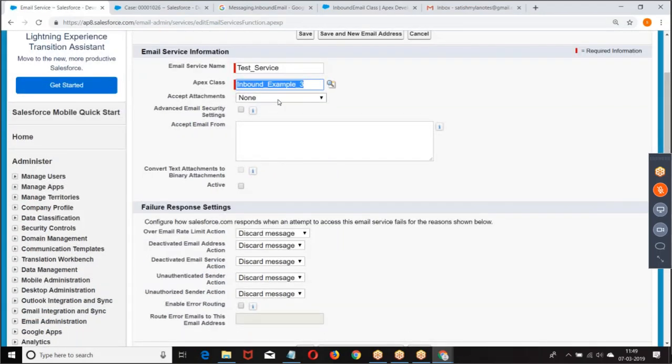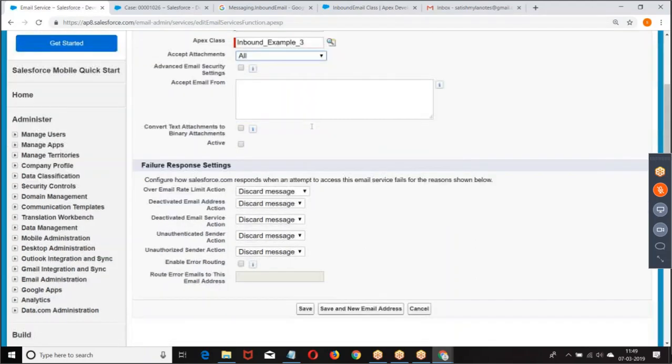Do you want to accept the attachments? Text or binary or all? It will be all. Now, accept email from: if you want to accept the email from any specific address, you can mention it. Now, in case I wrote a program for binary attachment, if somebody sends a text attachment, what should I